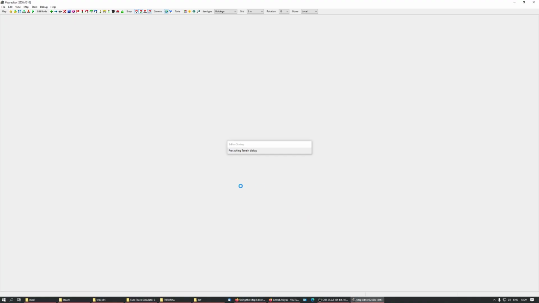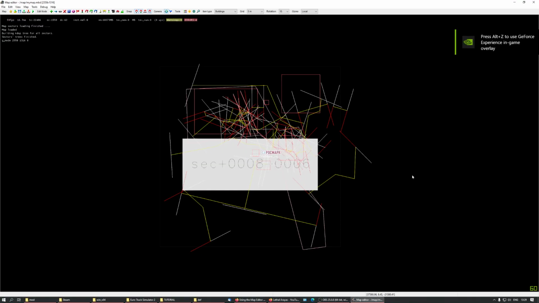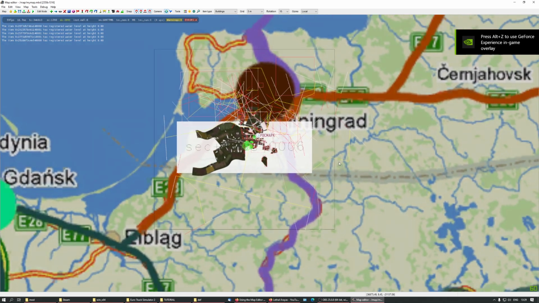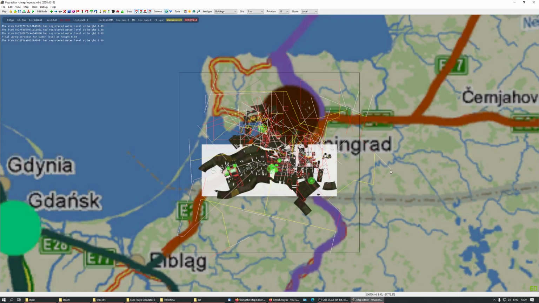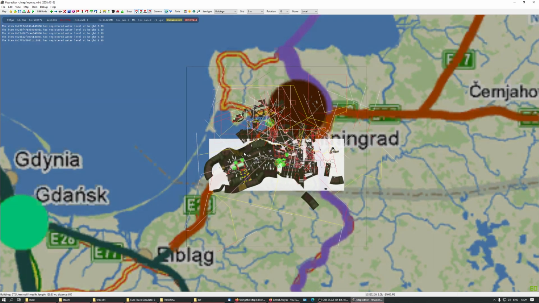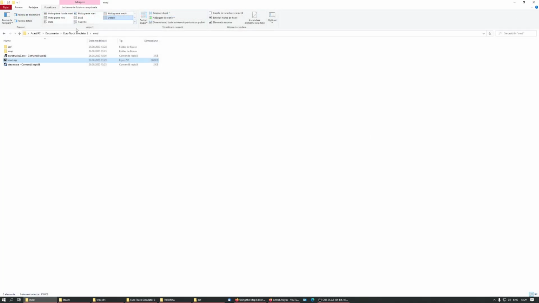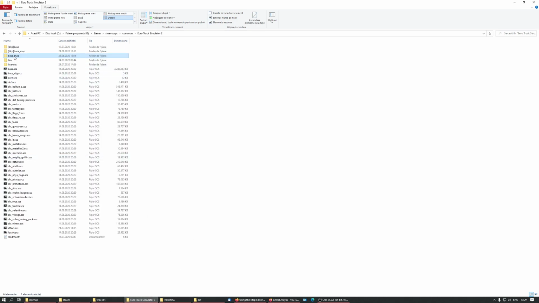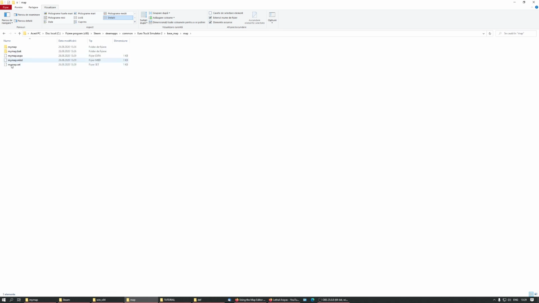Let's see what the editor is going to tell us. As you see, we have the background. We have our map, just our sector, and the background. You do the modification here, you save the map, you exit the editor, you open the map, my map, go where you created the base map folder, and as you see, this one is not empty anymore. Your map files are here, my map, and you have your sector. Copy,